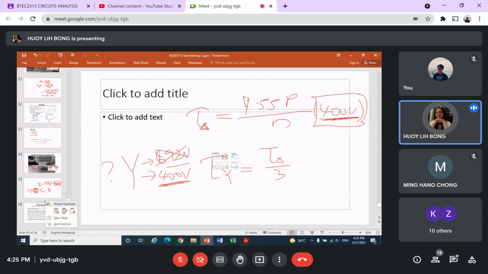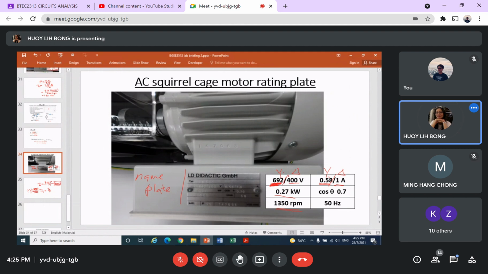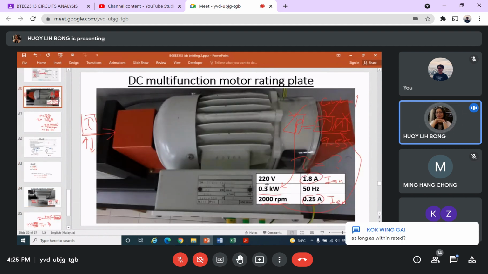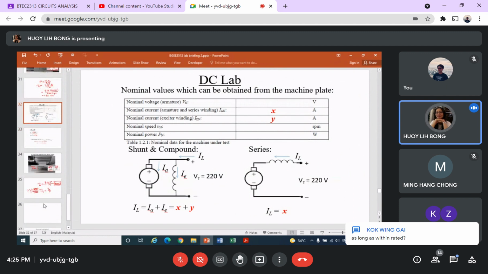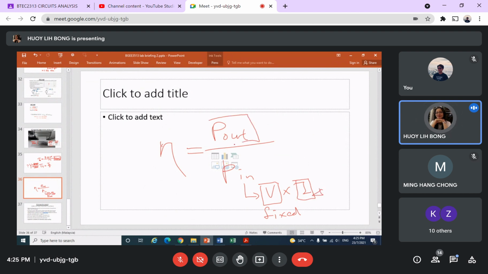What if I simply operate at any voltage I like, rather than the rating here, 220 volt? What will happen? Then the efficiency you calculated is also off, correct or not? Although this is V times I, actually this V is fixed. This one changes. This output actually we fix it